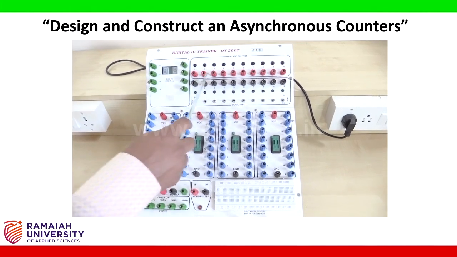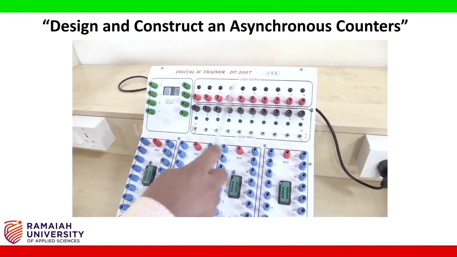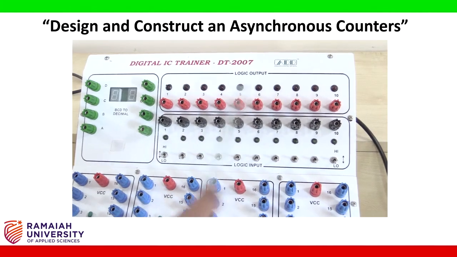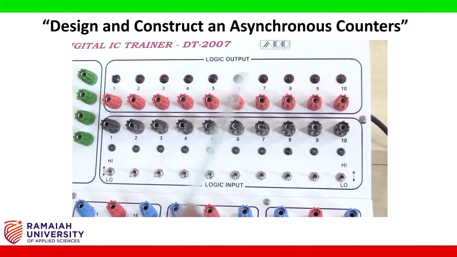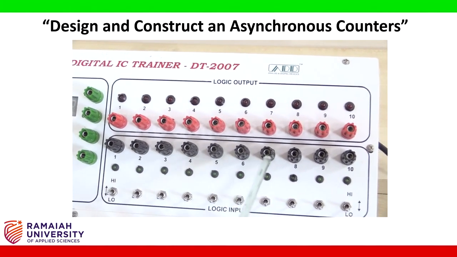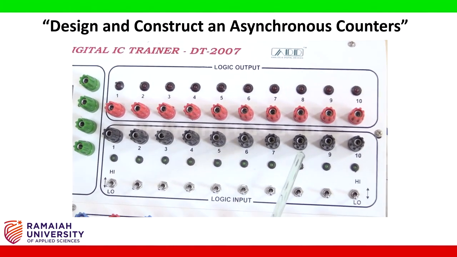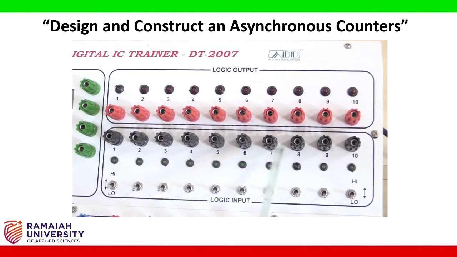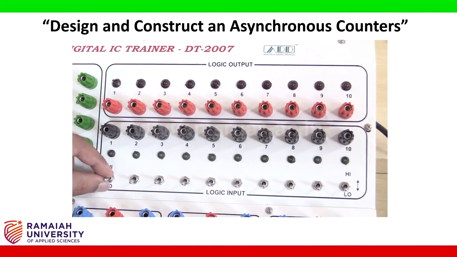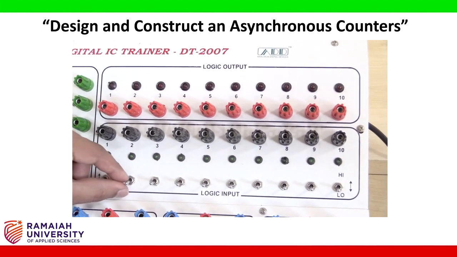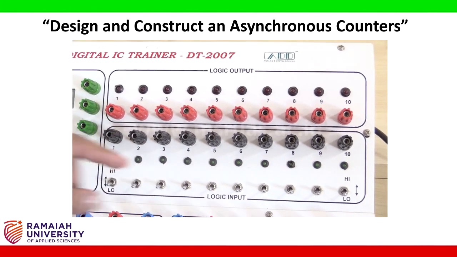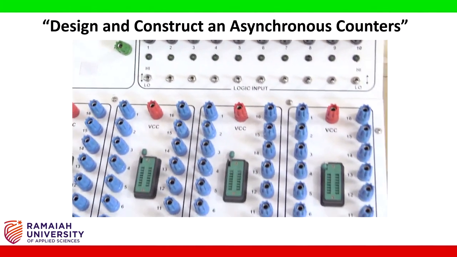So now here you can see at the top there are 10 red color knobs and 10 black color knobs. These 10 red color knobs represent the output, and the output can be seen through these LED bulbs, and the 10 black color knobs represent the input, and the input can be seen through the LEDs here. And these inputs can be varied by varying the toggle switch which is at the bottom of each input knob. So this is logic high, this is logic low,